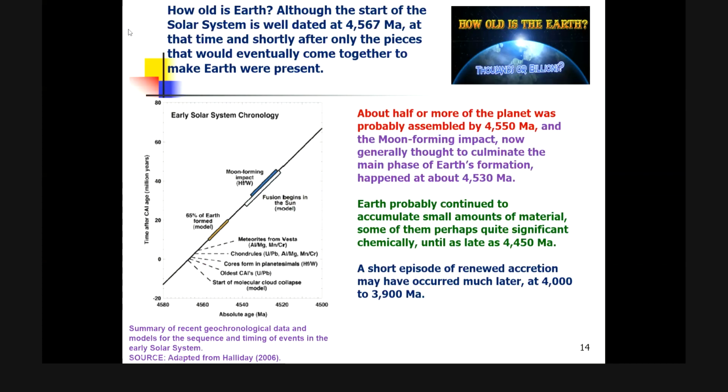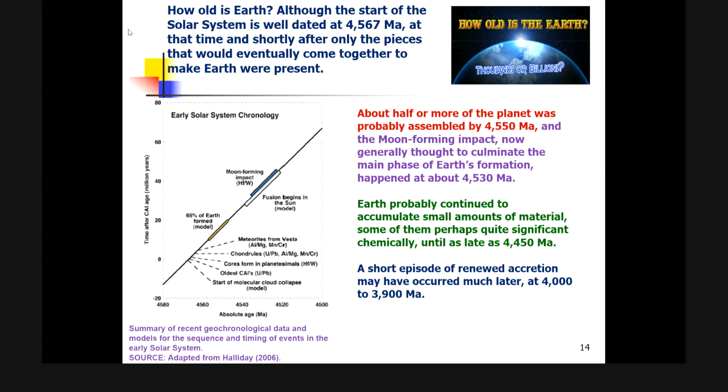Now, a question came: how old is the Earth? Although the start of the solar system is sort of well dated, right? But what is the age of the Earth, and what was the timeline on which the Earth actually started to grow? Because the Earth was not always as we see it in the present times, billions of years old, right? So we believe that the Earth also started as one of these planetesimals, right? It started to accrete mass, and this is the timeline when about 65% of the Earth had formed and the remaining